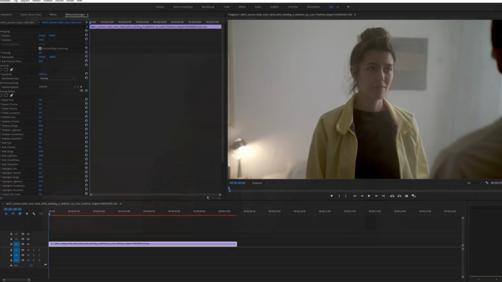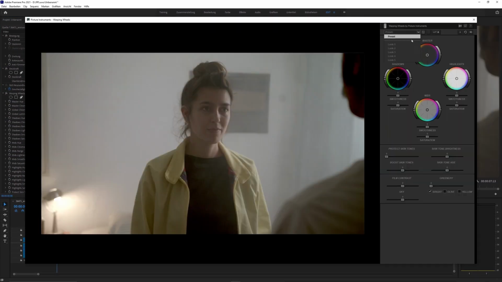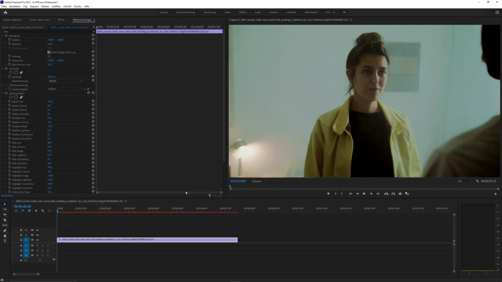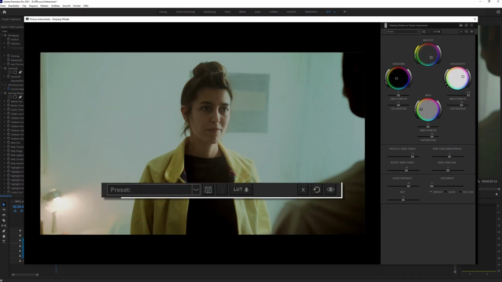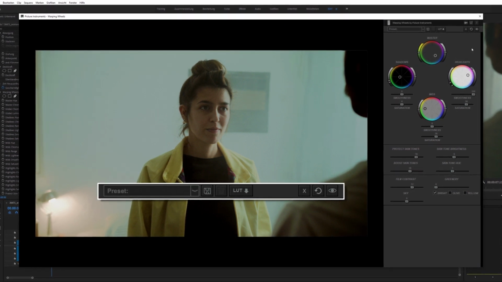Using the X button in the toolbar, you will close the plugin without using the settings. Not to be confused with the X button of the program window, since this will close the window and apply the settings. By clicking the curved arrow button, you can reset all of the plugin settings, which I won't do